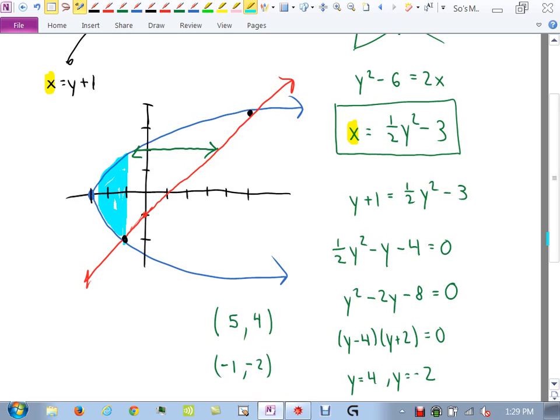All right, let's label some of these points. How high up did we go? 4? So our y-axis here, we go up to 4. And how far down do we go? Where is this point? -2? So our y values are between -2 and 4, and our x values are between these two functions of y. Now, the blue one, let's label that h1 or h2? The blue one is h1 of y, and it's going to be the parabola, which was 1/2 y squared minus 3. And the red one will be h2 of y, which is